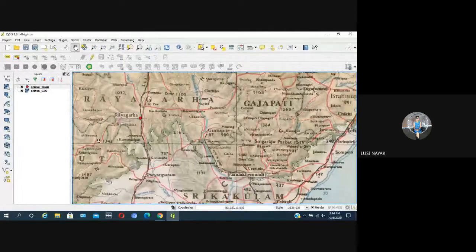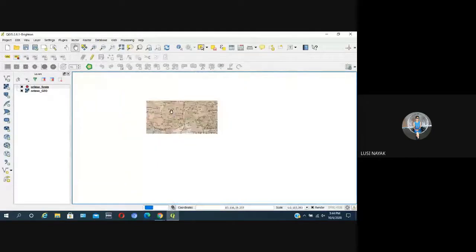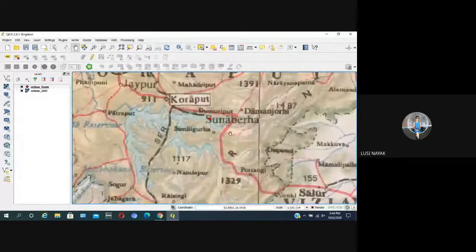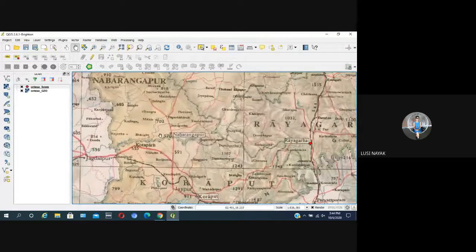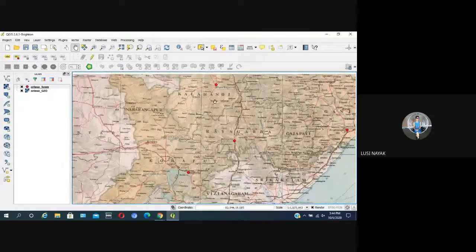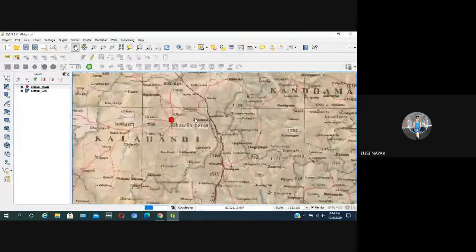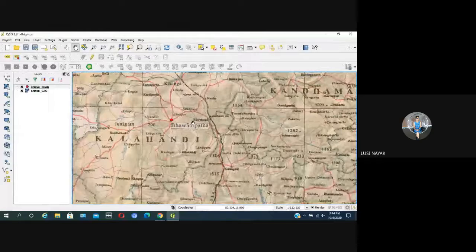Rayagada. Koraput. Sunabeda. Slow, Bhawanipatna. Little bit slow.